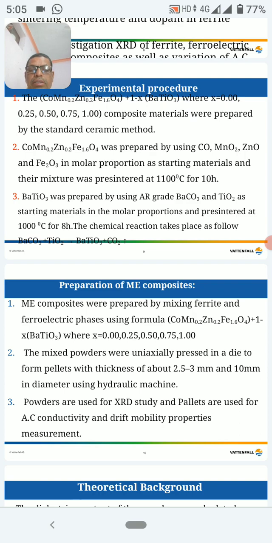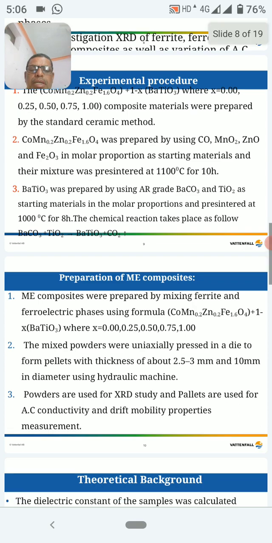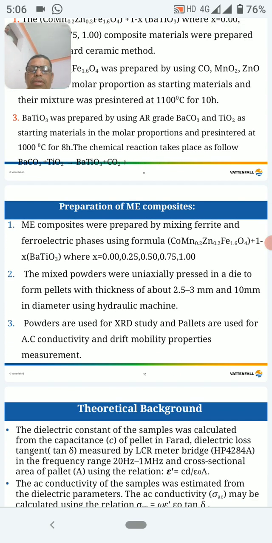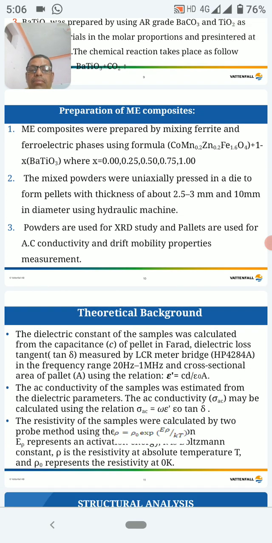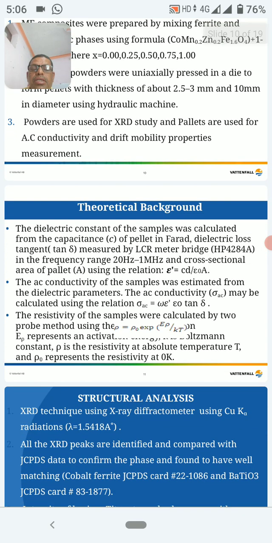The powders of these ferrite and ferroelectric phases, which are mixed in definite proportions, are used for the XRD and AC conductivity and drift mobility properties measurement. So how are the drift mobility and AC conductivity properties of these materials measured? The theoretical background behind it is nothing but